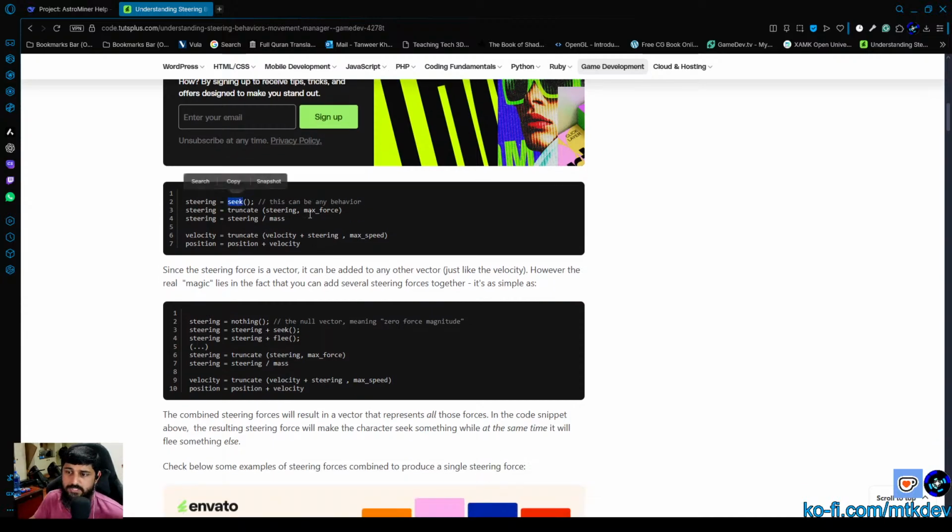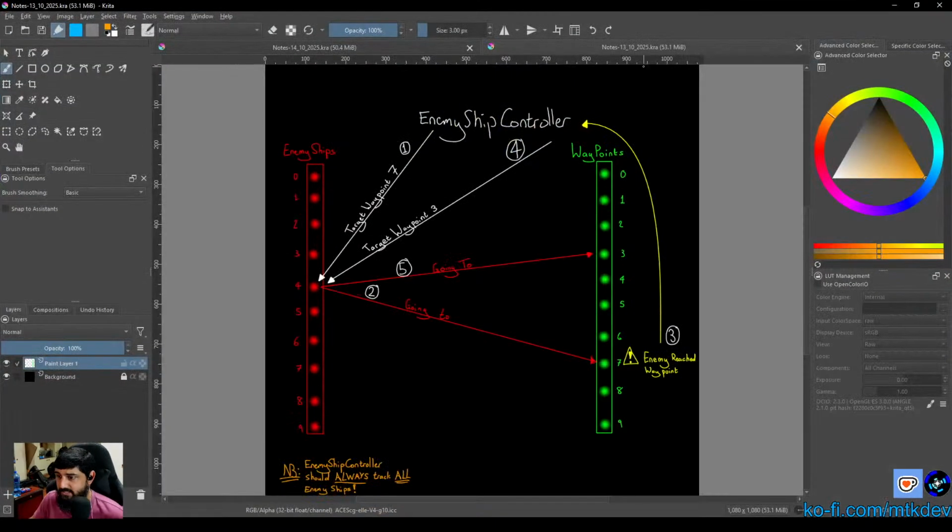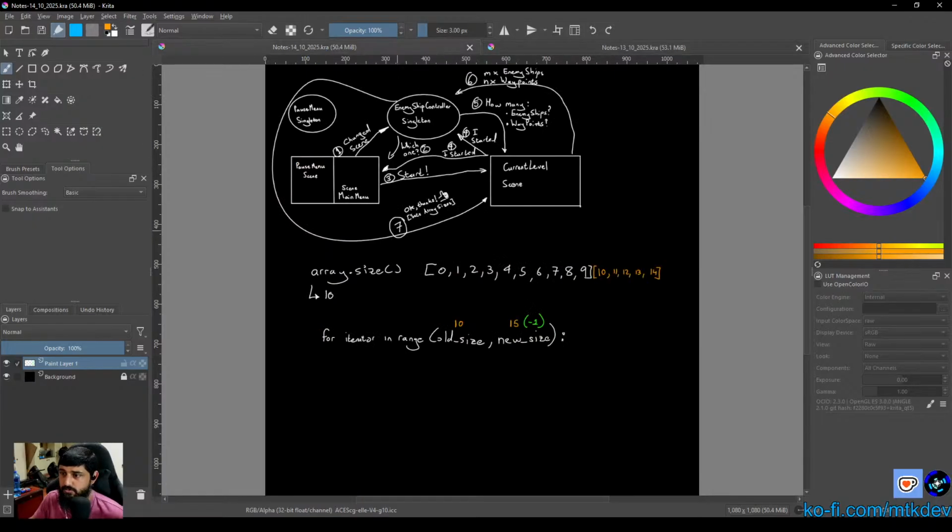So he calls the seek function, which of course is in an entirely different tutorial. So steering equals seek, and then steering is truncate, steering, and max force. So for those of you who don't know what truncate means, basically it just means this. So if I go to this one,